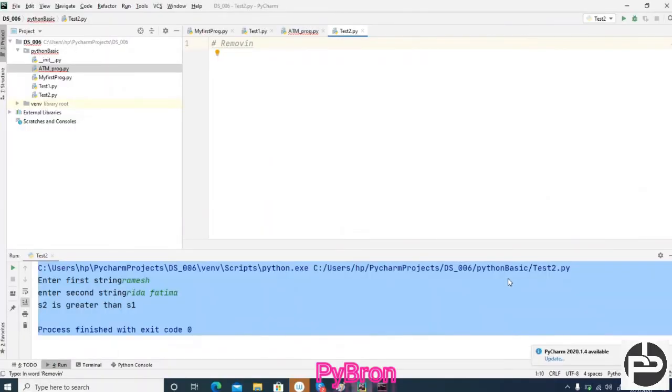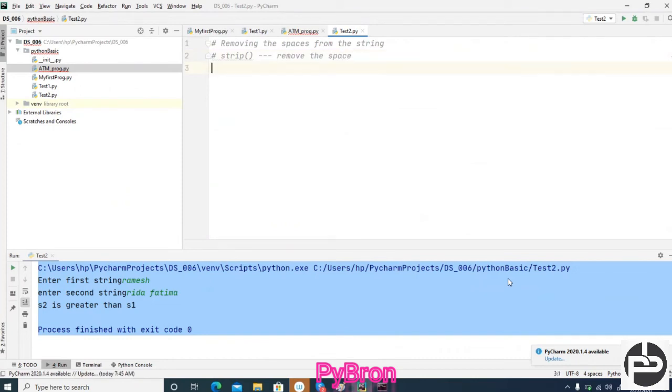Removing the spaces from the string. This is also a kind of thing. So there are some methods. Strip is the method used to remove the space. Strip is the method. Remove the space.